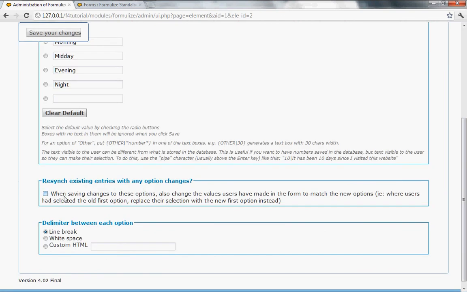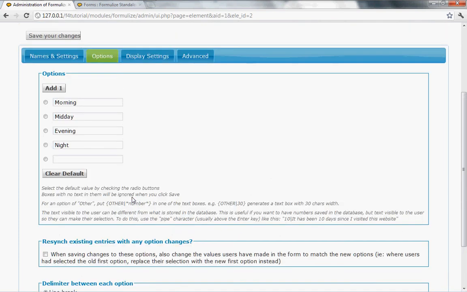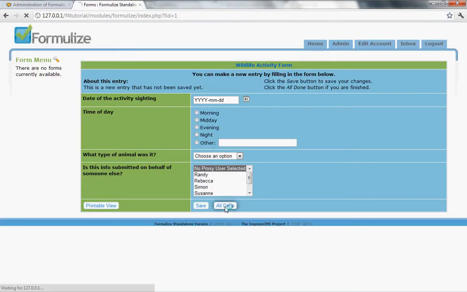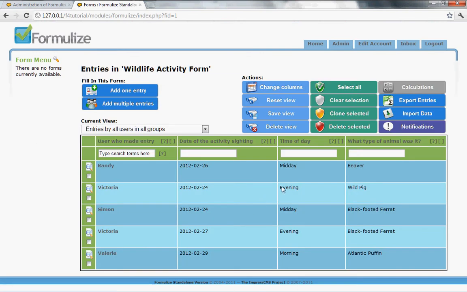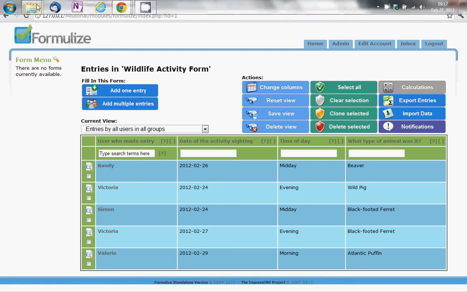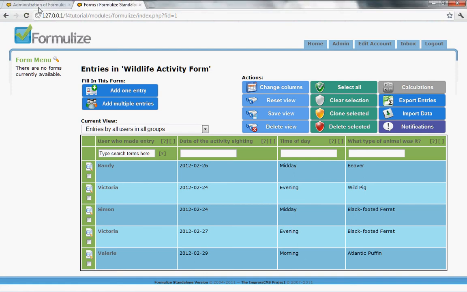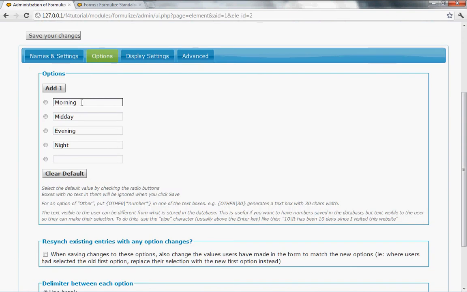There's a resync option, which we'll talk about next, and the resync is useful when you're making changes and you want those changes to affect all the existing information. So for example, in our existing set of data here, we've got midday, evening, and morning. Well, suppose that we wanted to change morning. We decided we didn't want morning, and we instead wanted